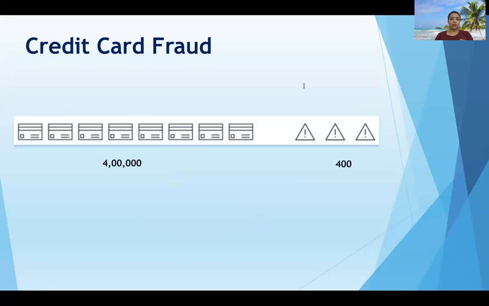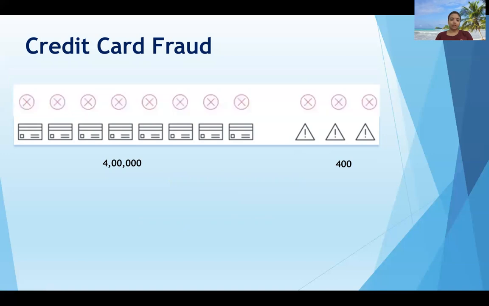So we get a model that says all the transactions are fraudulent. Okay, and we are catching all the fraudulent transactions. So what do you think, is this a good model or not? Well, it is not a good model, as it is taking the good transactions also as fraudulent ones. So it is not good to